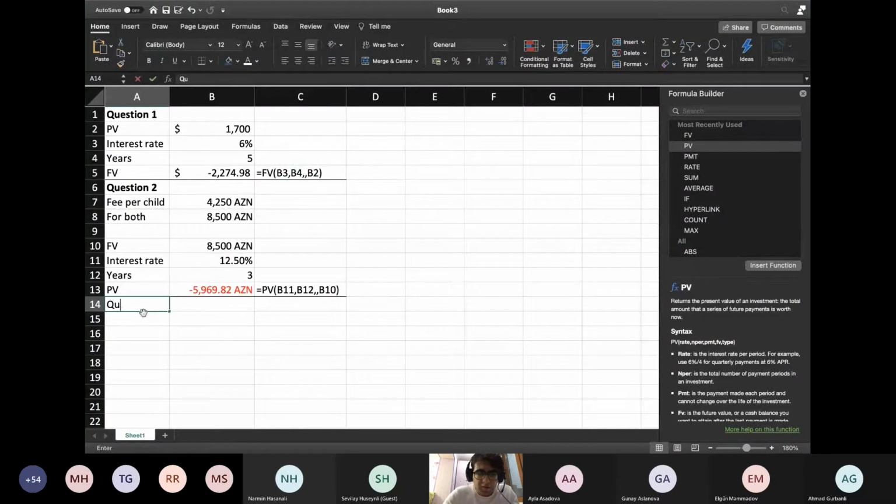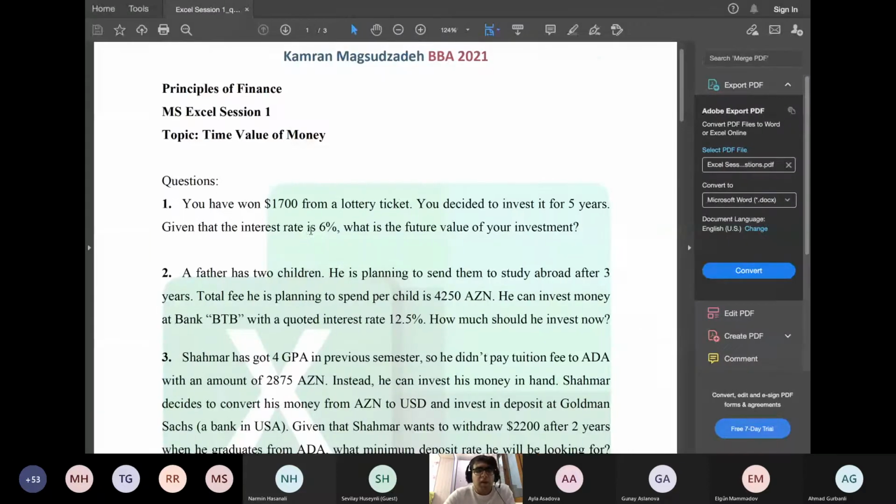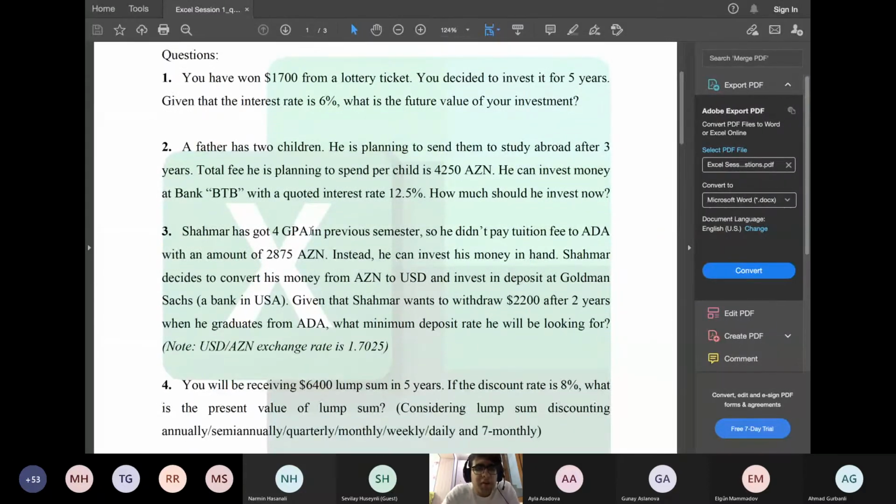We can continue. Here's question 3. Shahmar has got 4 GPA in previous semester. I just pick up one of your group mates' names. 4 GPA in previous semester, so he didn't pay tuition fee to ADA with an amount of